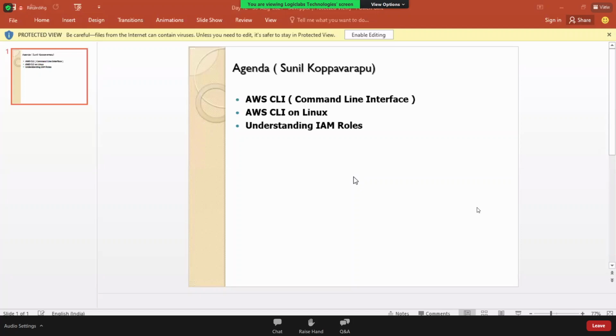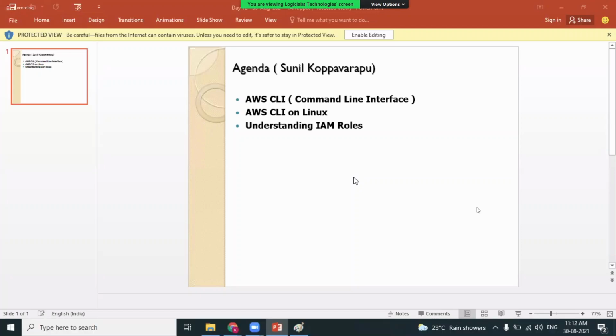Are you clear about identity and access management? When we learned what is the importance of IAM, can you explain in your own words? IAM is to restrict access for the users based on the policies which we have. We can also create custom policies for the users. So it's all about restricting access to the AWS cloud, isn't it? Correct. No matter how big the client is, he will have only one root account and several IAM users. User A we can restrict to EC2 service, user B we can restrict to S3 service, user C you can restrict to both services as per the requirement. Yes. Thank you, Smita.